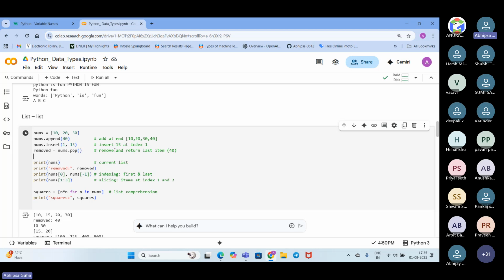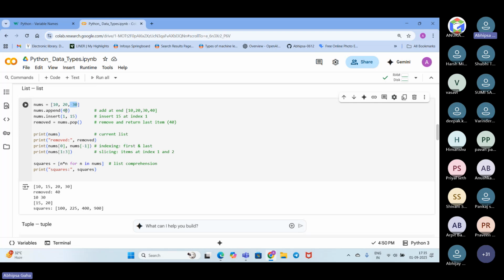Okay, next, remove. I need to pop off. Pop is the operation used in a list that removes the very last element. If I have this list and I pop, then the last element, 30, will get popped off. In the earlier section after append, we had appended 40, right?